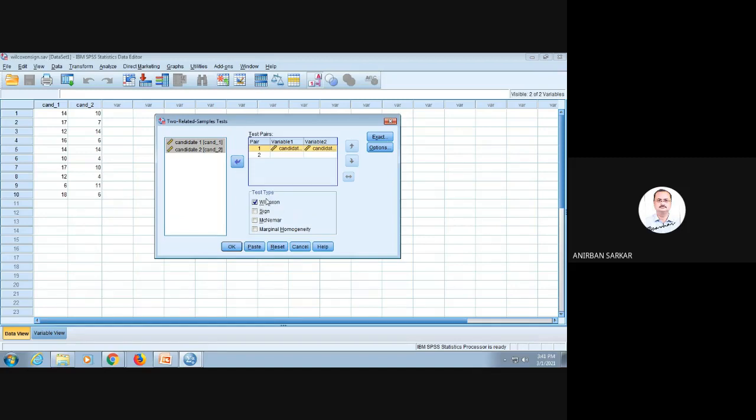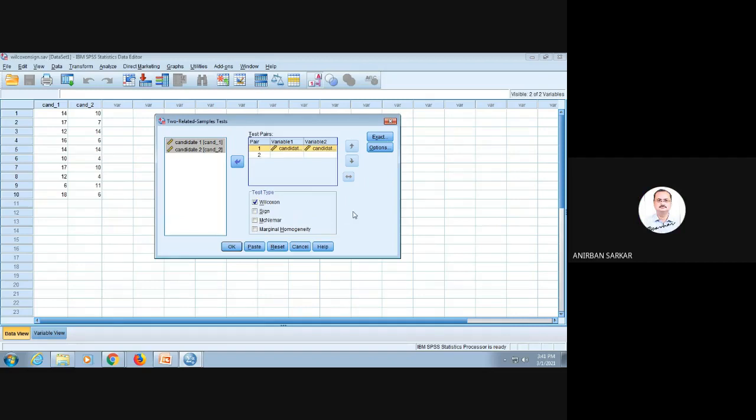Under Test Type, select Wilcoxon because we are running the Wilcoxon sign rank test. Please tick this. Have you done this? Yes, sir.